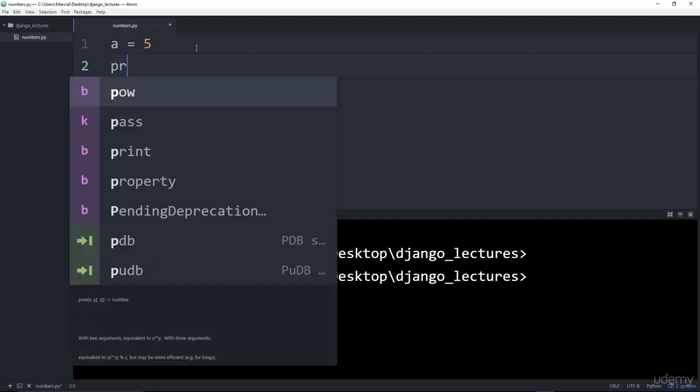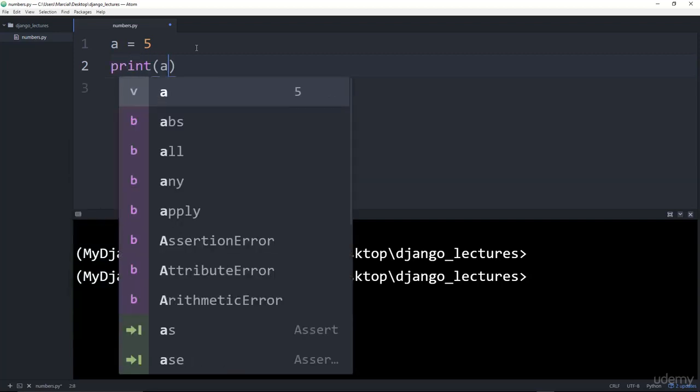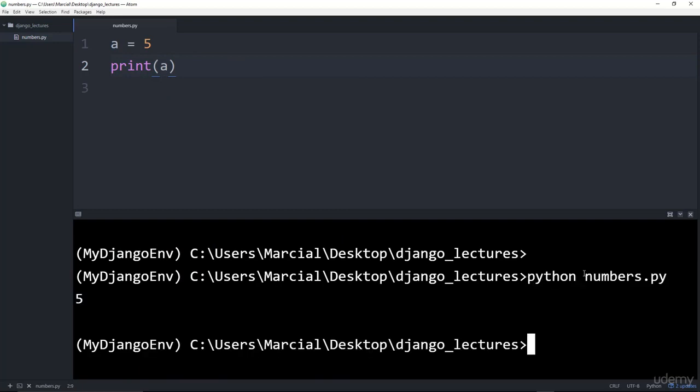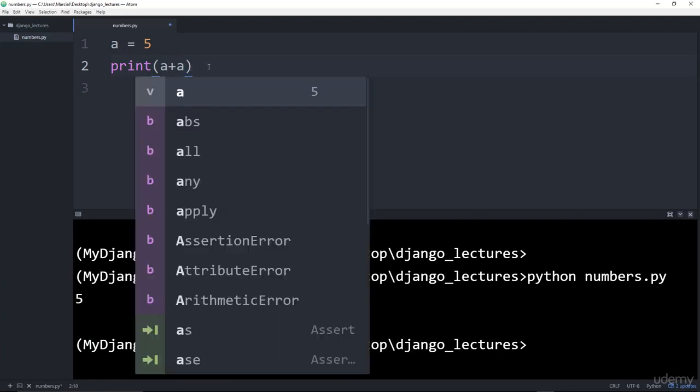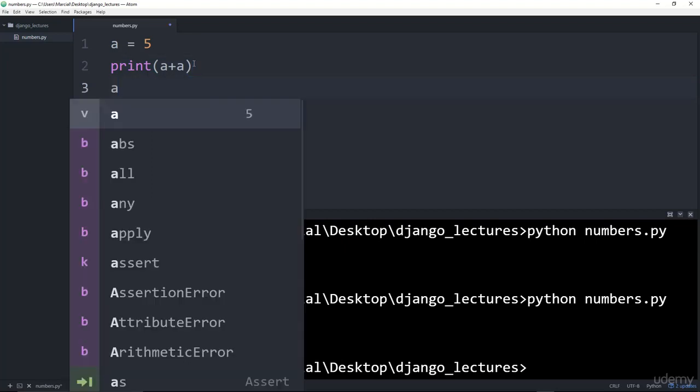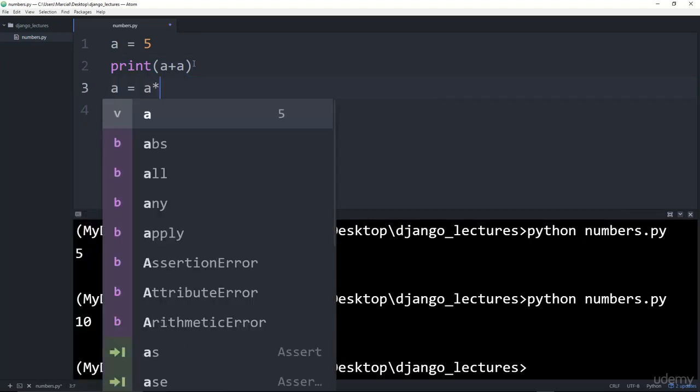If I want to see the output of this, I can just say print a. Let's save that. Run our script, which is python numbers.py, and here we see the output 5. I can then also add objects together. So for instance, a plus a, save it, run this, and I get 10 out. Python also supports reassignment, meaning I could do something like a is equal to a times 5,